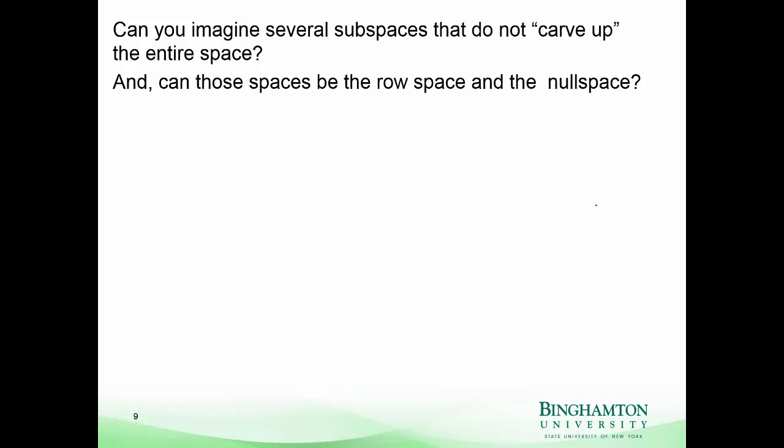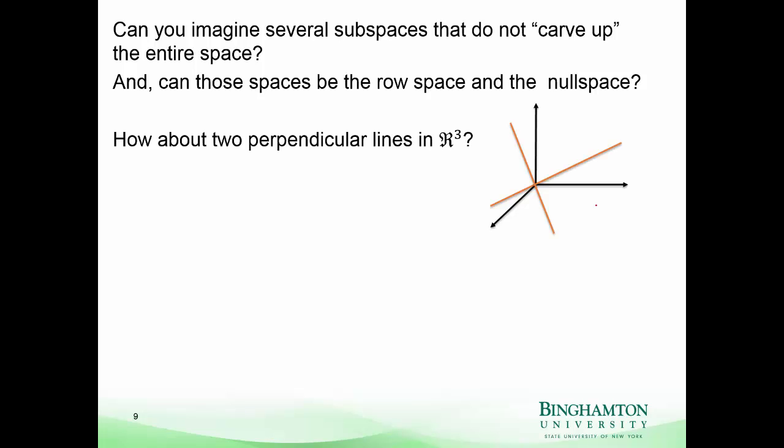And we'd like to know if that's even possible for our beloved row space and null space, or equivalently column space and left null space. So let's just ask some questions here. We're in R3. We've got two lines here, both going through the origin. So they are two one-dimensional vector subspaces of R3. Clearly they are orthogonal to each other,